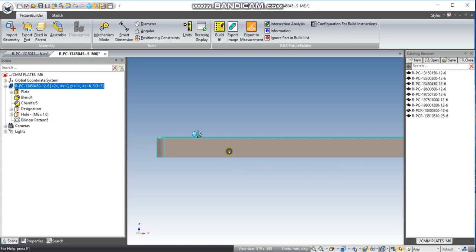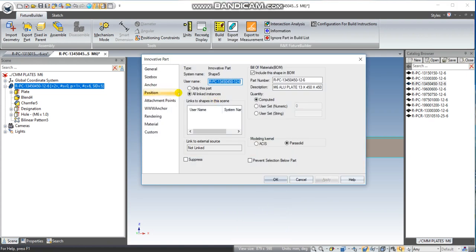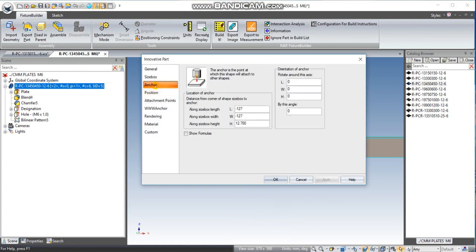So you're going to select the plate properties and go to the anchor, and you can see that the anchor position is at 12.7. So you're going to change that value to be extrude